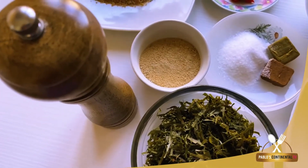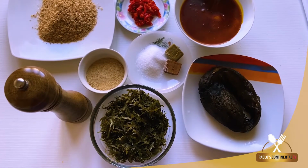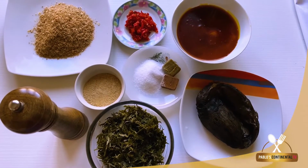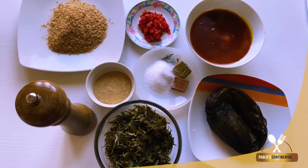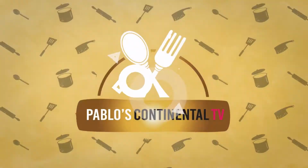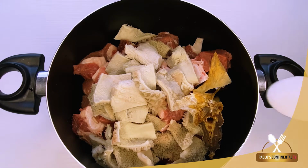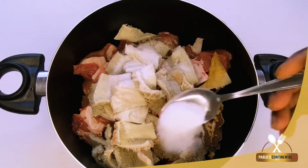But before I show you how you're going to put all of these ingredients together, I'm going to quickly take you to a section where I have all the meat I will be using for today's recipe ready. Alright, so in here I've got red beef, cow tripe, stockfish, turkey, and these are the meat I will be